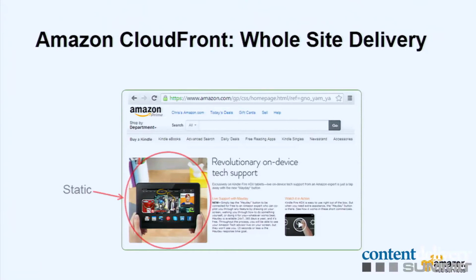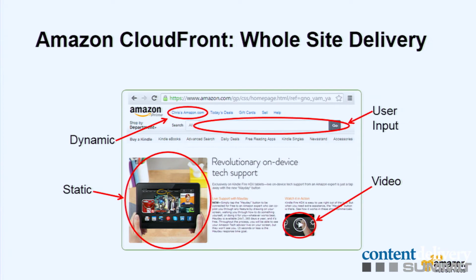And when I look at CloudFront and some of the types of content that customers are serving, there's static content like images, JavaScript files, CSS files. There's video on demand content. There's dynamic content like personalization on a page. You have user input, where you're actually sending data back to the origin, and then also SSL certificates. So for each of these different types of content, think about which cache control header you should use,